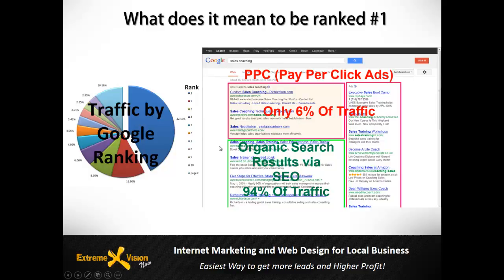It's way more valuable for your company to be listed in these spots than in the spots up here. The reason is that we're all smart and we understand that these are paid ads, and we've been using Google, as a population, for a long time. Not all of these ads are actually relevant to what we're looking for. We generally know that these results are much more relevant, so they actually produce a ton more clicks. If you look over here at this little graph, these are the actual rankings by Google.